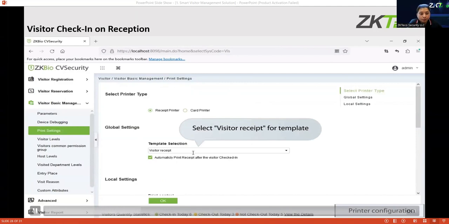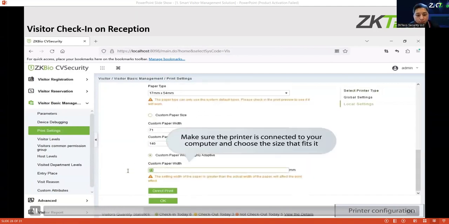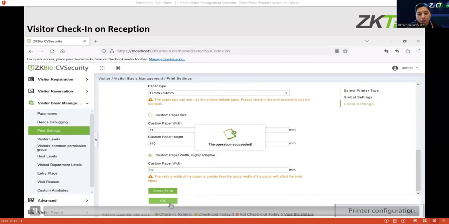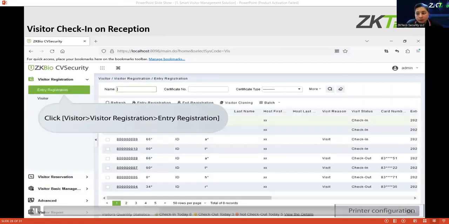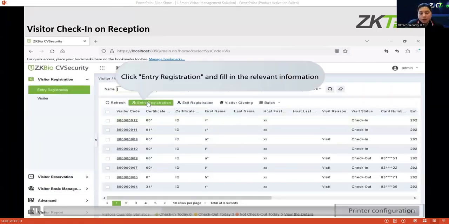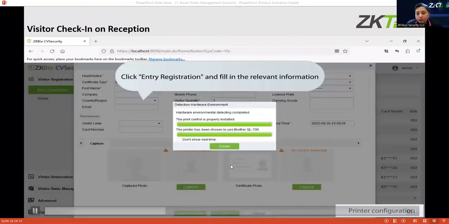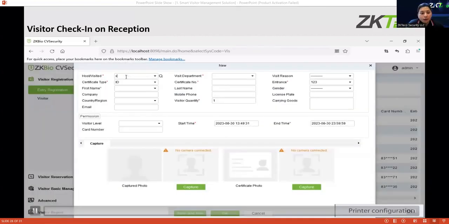So you can customize also the paper width. It depends on the papers that you're using, so that the print will be smooth and can be seen perfectly. So just put the details.